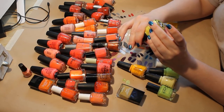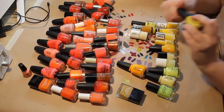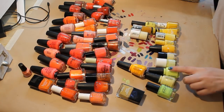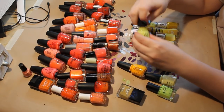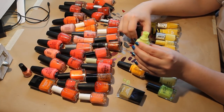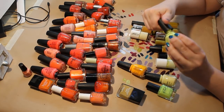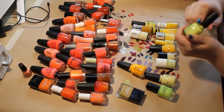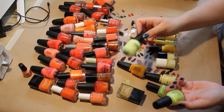This one is going to go. This is Daisy Know My Name. It is completely sheer. You have to put this over white polish for it to even show up. And for this particular color, I'm not putting in that much effort. That's also the reason why I'm getting rid of Celtic Sun. I've had this a really long time, but since I discovered Key Lime Twist, I just don't wear this. Because you do have to put white polish underneath it. It is really pretty. It's a perfect highlighter yellow, but I'm just not willing to put in that amount of work when I have one here that gives me the same color payoff with